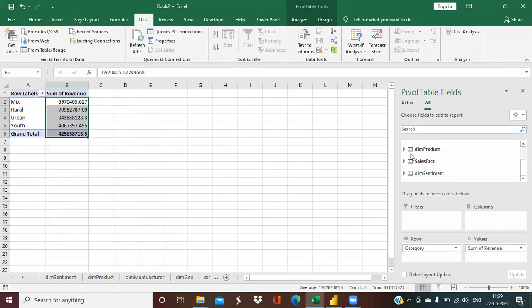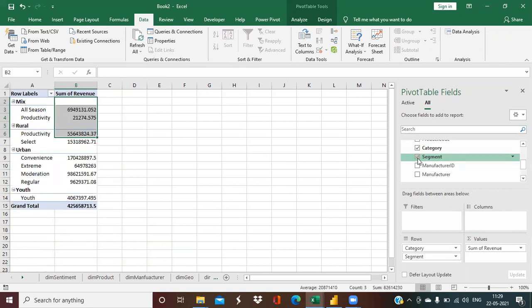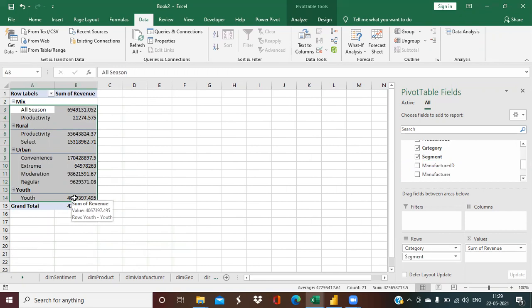So now you can go deeper. If you want to categorize it more, segment wise, you can just put in the segments and we can get the exact correct answers between the two tables. That's a very important step before you do any analysis or before you jump into creating charts which you will use in the dashboard. We have to create the proper relationship between the tables.